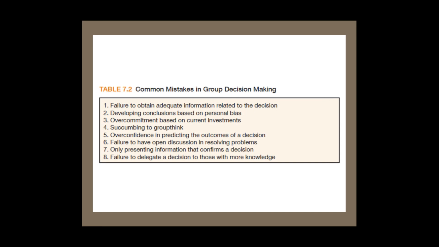You also have to provide sufficient latitude for quiet people to be part of the open discussion. You need to have everyone contribute, or you fail to have open discussion in resolving problems. Number 6. Number 7, you have to avoid only presenting information that confirms a particular course of action. You have to be fair, and you have to be willing to hear out those with conflicting information that may actually erode or cause some disconcerting doubt about a particular course of action. Got to weigh all the evidence, and